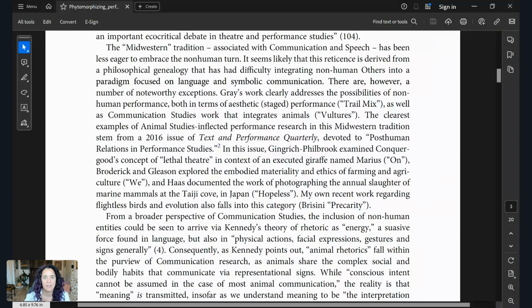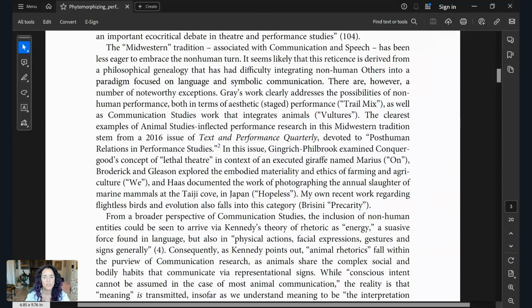It seems likely that this reticence is derived from a philosophical genealogy that has difficulty integrating non-human others into a paradigm focused on language and symbolic communication. There are, however, a number of noteworthy exceptions. Gray's work clearly addresses the possibilities of non-human performance, both in terms of aesthetic performance, as well as communication studies work that integrates animals. The clearest examples of animal studies